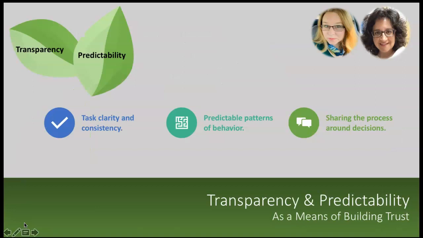So when we think about the next 2 tenets, transparency and predictability, we're thinking about them as a means of building trust. And trust is maybe the most important characteristic of a solid, healthy relationship. Building trust involves a lot of things, not the least of which are transparency and predictability. So believing that someone is earnestly providing you with necessary and relevant information, being able to reliably anticipate or predict an outcome or an event or behavior, those are foundational characteristics of trust. And without trust, our relationships are vulnerable.